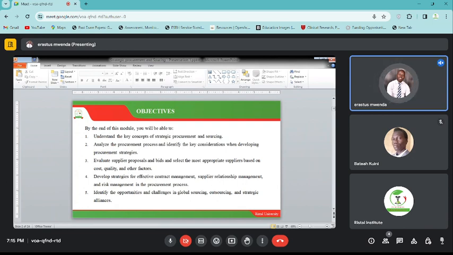You need to know your suppliers. When does each supplier respond in terms of the moment when you order and when they deliver the goods? When you don't understand the lead time, then you find yourself in a situation that you do not have raw materials, you do not have certain products, and now you end up telling your customers that particular item is finished, that particular item is not available. Please come after 3 weeks, please come after 2 weeks, simply because you did not consider your resources in terms of time, what you are calling lead time.